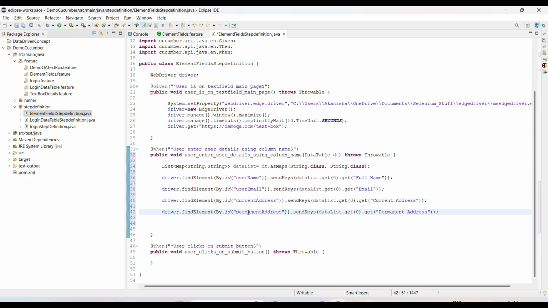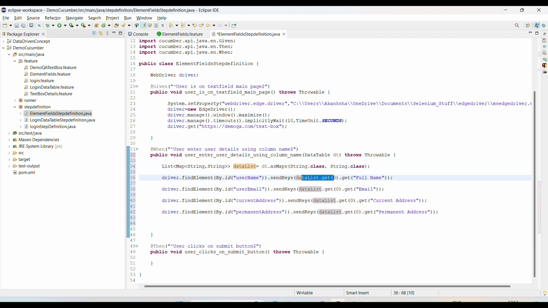See, guys, I declared data as a map, and this will return the list of map of string. So the data will be stored in the form of key and value, right? So what is the key?